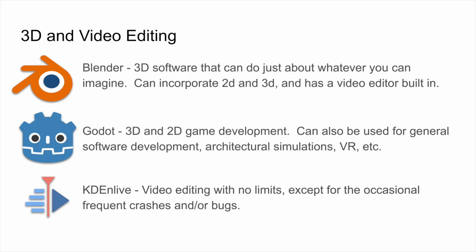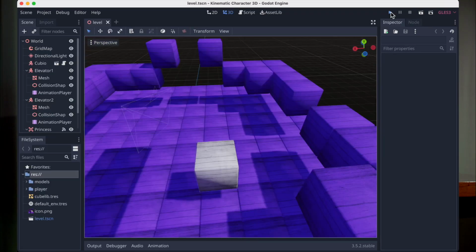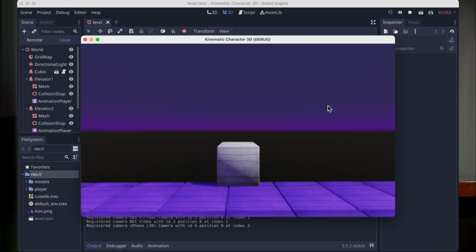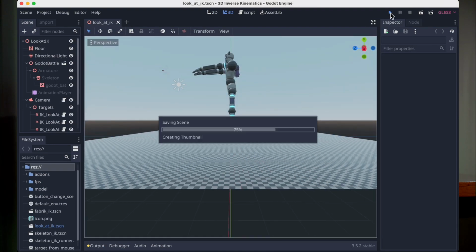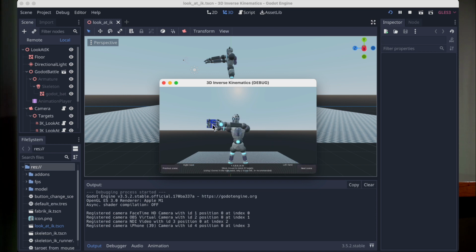Our next three programs: 3D and video editing. So Blender is 3D and 2D software, but it's really focused on the 3D element. Godot, or Godot, even the developers do not enforce how you say it. But it is 3D and 2D game development. Some of you may be familiar with, say,